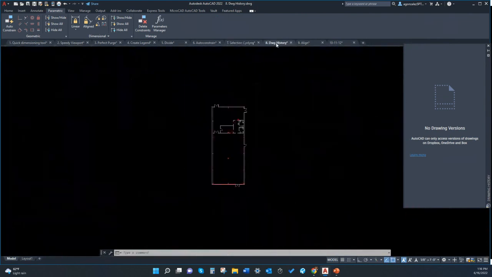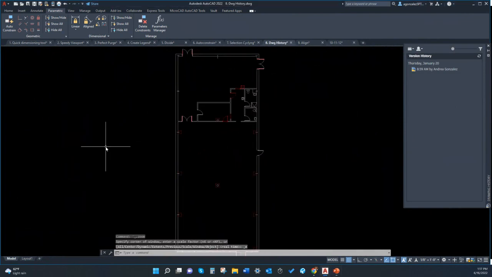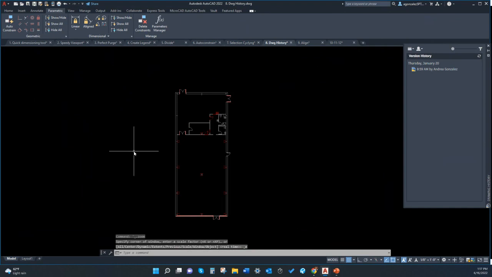The next tip is tip number 8, and it is the drawing history. With the pandemic, we started using other tools that allow you to work remotely but together with other people, through platforms like OneDrive, Dropbox, or similar. This command works only for files in the cloud and came out in 2021, complementing the DWG Compare that came